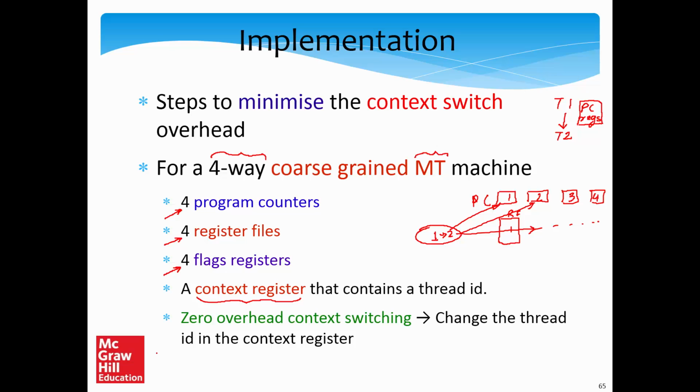And of course, the disadvantage of this scheme is that we need additional space. As I said, we need to maintain multiple copies, 4 program counters, 4 register files. Depending upon the thread ID, we choose the appropriate program counter or register file. Of course, there is some overhead involved, but this has been shown to improve the throughput of the overall system significantly, especially when we are running programs that have a lot of memory activity, or programs which have a lot of IO activity.